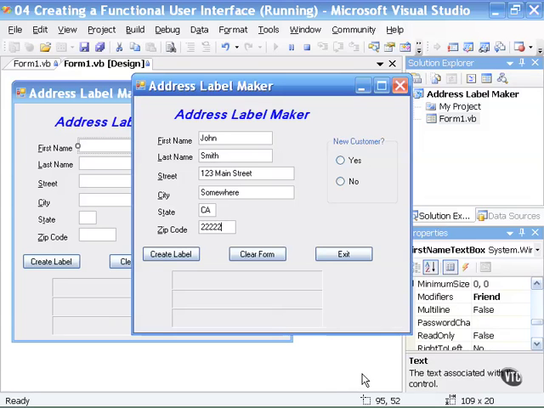Now we will further modify our address label maker program to include some radio buttons, and we'll see how you can write code to interact with those radio buttons. As you can see, I've entered some data for our address label maker program, and as we know from previous movies, we can click Create Label, and that will create the mailing label in the first name, street address, city,